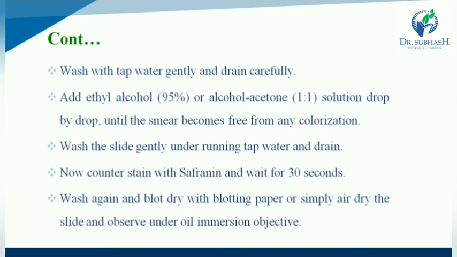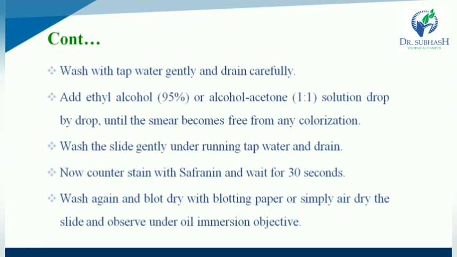After counter stain, the glass slide is washed again, blot dried properly with blotting paper or simply air dried, and observed under oil immersion objective.